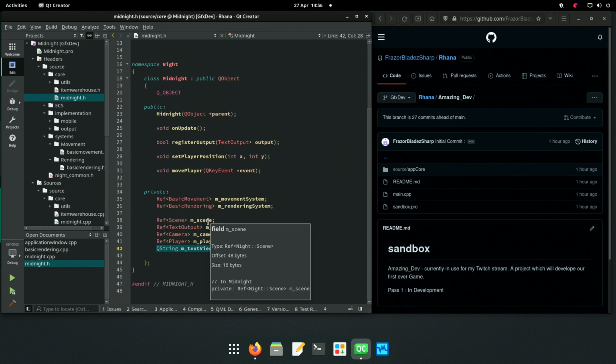Mscene. 16 bytes of information. And it's coming from scene.